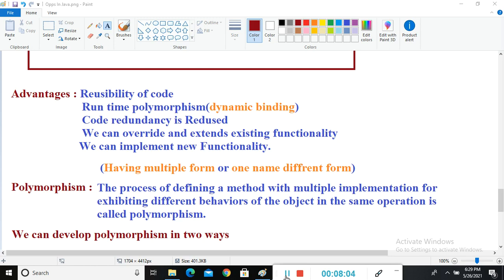And for your clarification, I will give you a video with practical implementation of inheritance, encapsulation and polymorphism. I will give you some examples, then you will get a total clear picture of how these principles